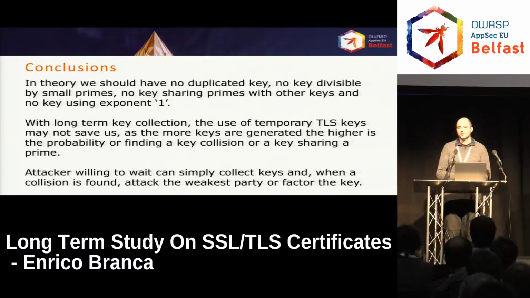Same story, it happens if we have temporary keys. The more keys you have, the higher the probability that there is someone somewhere that has something related to your key. Nobody's collecting, we hope so. Somebody's collecting, we don't know. At the moment, I have not been able to find almost any implementation that makes this kind of test because it's really resource intensive. For me, making this test took 2 years to prepare the system, to collect everything, to crunch the data. One run of crunching data is around 6 months.